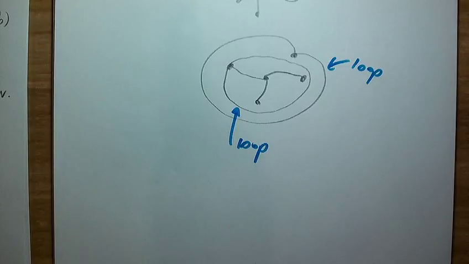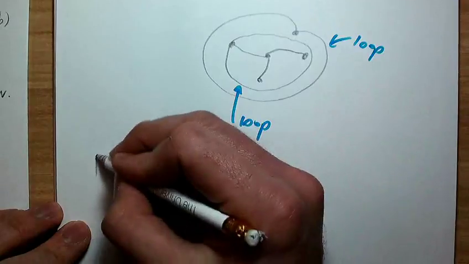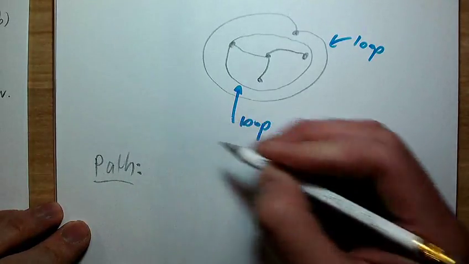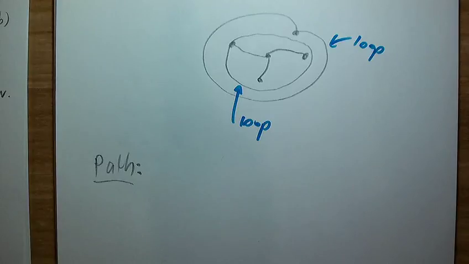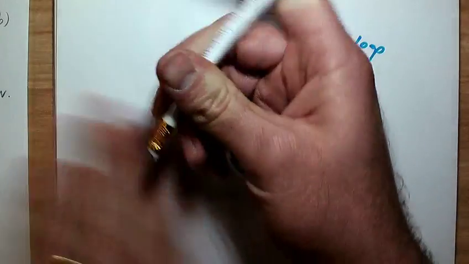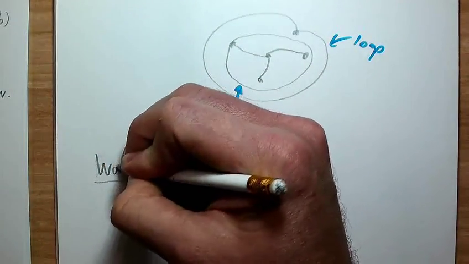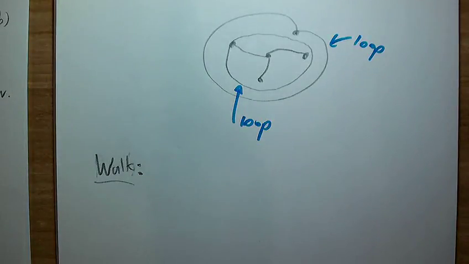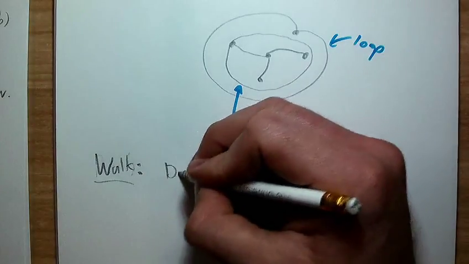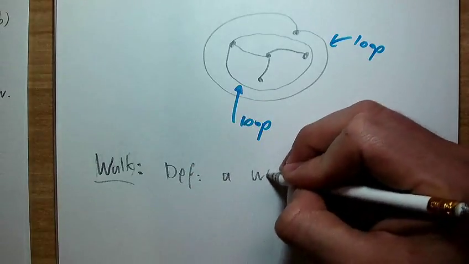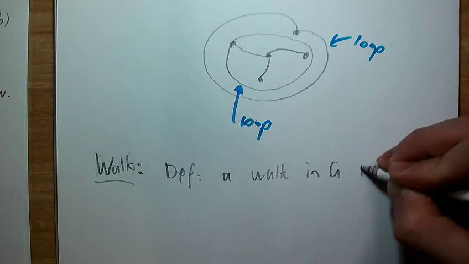Okay, what else have we got inside a graph? We can have paths. So what does it say about a path? A path, oh no, so before paths, walks. This is fun. But we have walks, and it says here, a walk is a sequence of vertices such that there's an edge between each pair of them. So this is the definition. A walk in the graph G